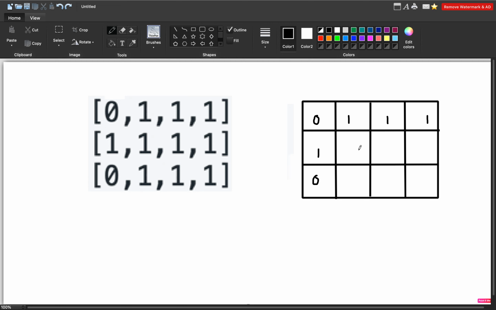What we will be doing is finding the minimum of this and this. The minimum that will come is obviously 0, and if this index is 1, we will update this index to the minimum plus 1, which is 1 only, right?